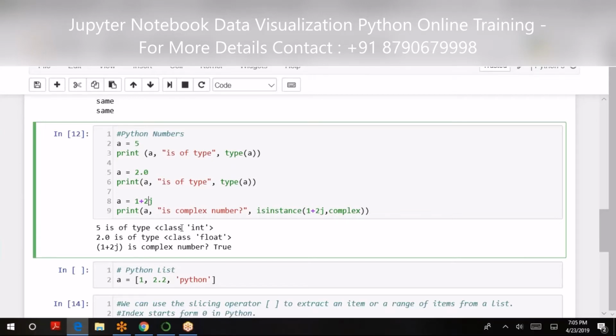So likewise, when I say a is equal to 5, print of type of a. 5 is of type class int. So likewise, Python is telling us the data class.